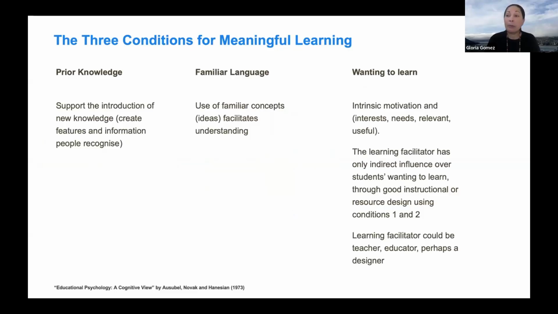This principle is inspired by a learning theory that says that for people to learn meaningfully, three conditions should exist. The learner must have prior knowledge on the topic, the learning must happen with familiar languages, and the learner must want to learn. If we want members of a community to adopt our novel design tools or resources, the first two conditions, familiar languages and prior knowledge, can help you achieve a deep understanding of their needs and guide feature development, so we can identify the languages and features that will enhance adoption and make them want to engage with our designs.